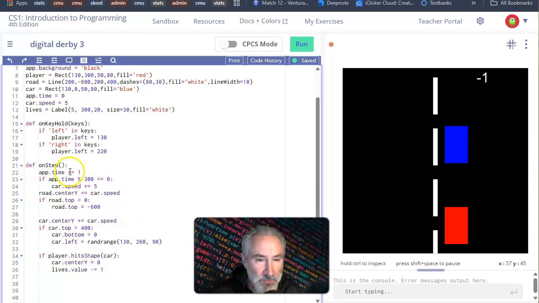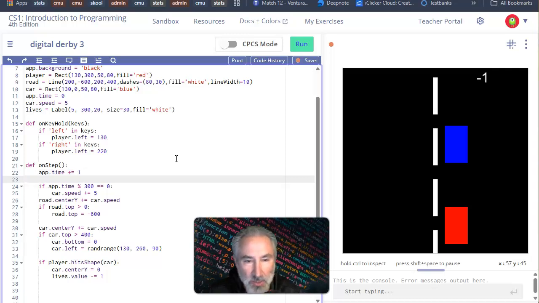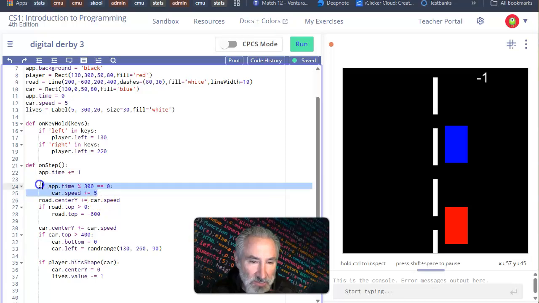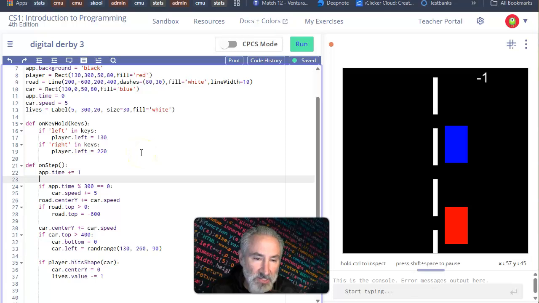Anyways, we would like to add a timer, and we want the timer to change about once every second. And we already know that OnStep repeats 30 times a second. So remember way back when we were checking to see what the car speed was, and we wanted to speed it up every so many seconds? And we ended up using this 300 to get us about 10 seconds between speed ups. Well, we can do something similar. We're going to say if